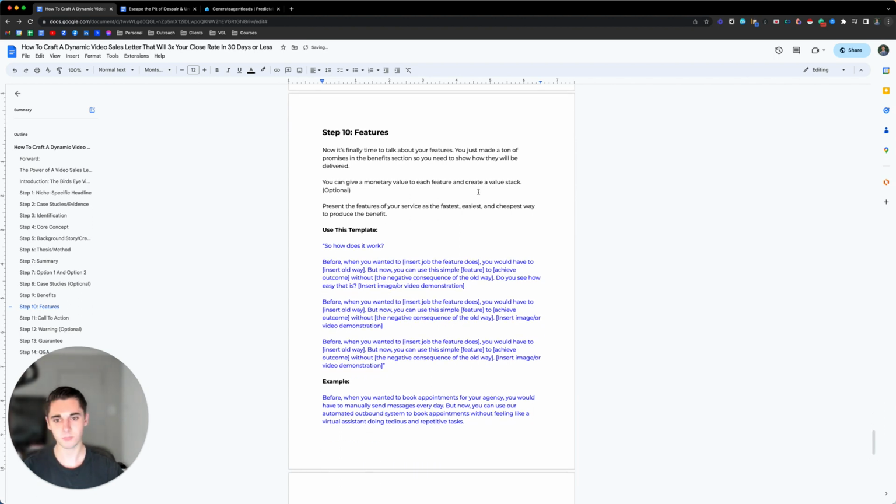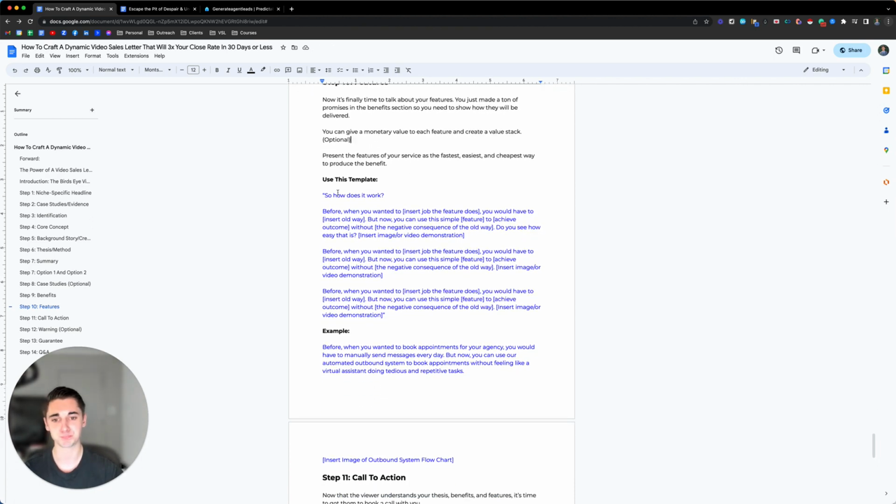Okay, present the features of your service as the fastest, easiest, and cheapest way to produce the benefit. So you can use this template right here. So how does this work? Before, when you wanted to insert job the feature does, you would have to insert old way. But now you can use this simple feature to achieve outcome without the negative